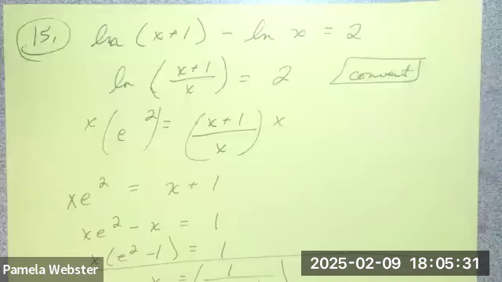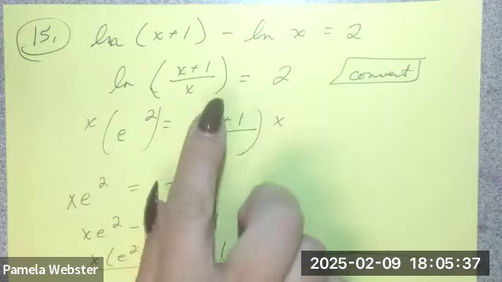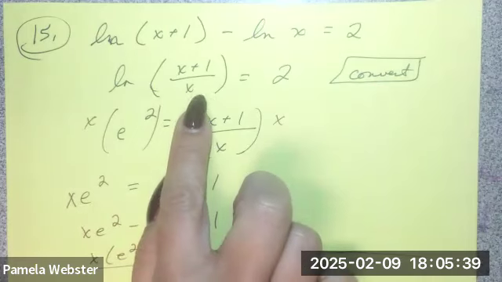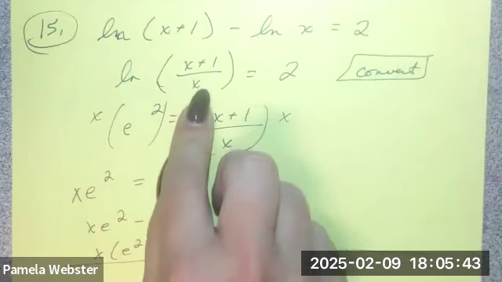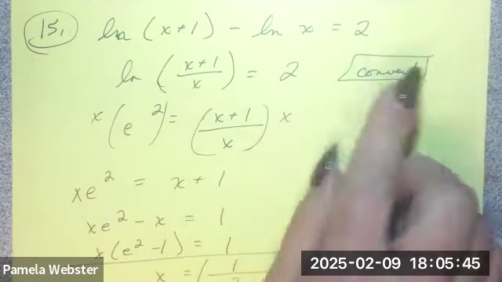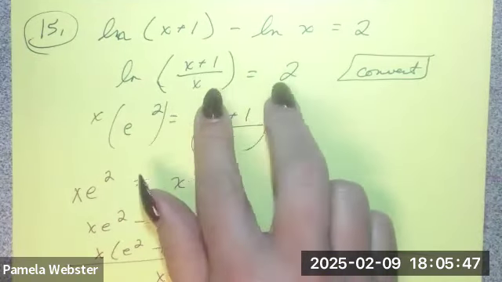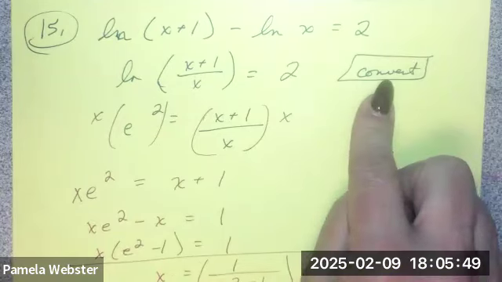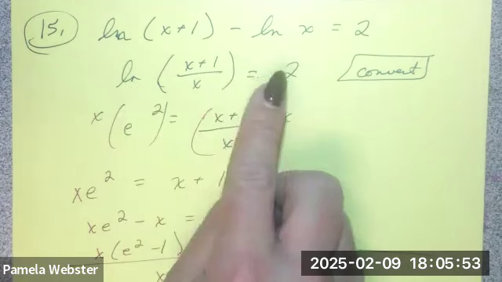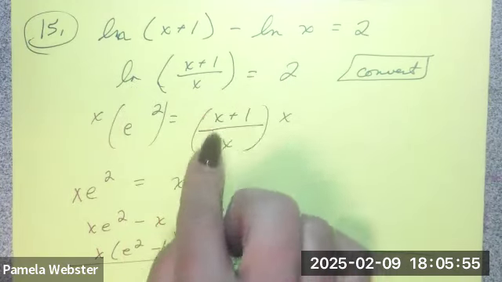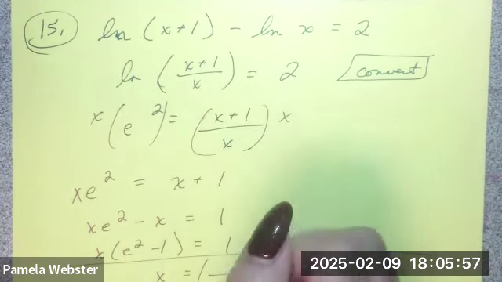All right, so here we go. Those are two logarithms. They have the same base, and they're being subtracted. So I used my property that says I can divide those arguments, dump them into one logarithm. The first one divided by the second one equals 2. Now I have a logarithm equals a number I can convert, okay? e squared equals, because the base was e, base to the exponent equals all that argument is the answer stuff,